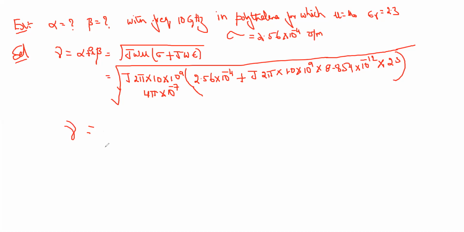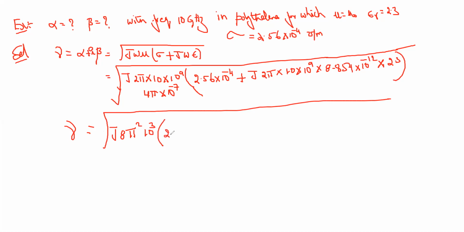Now you can convert this as a function under root of j 2 pi, j 2 into 4 is 8 pi square, and here the 10 power minus 7 is there, 10 power 3 multiplied with 2.56 into 10 power minus 4